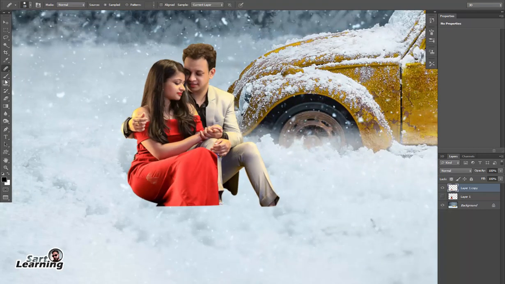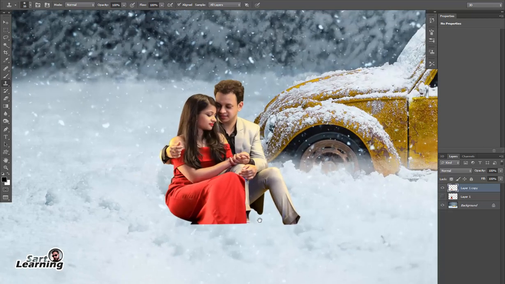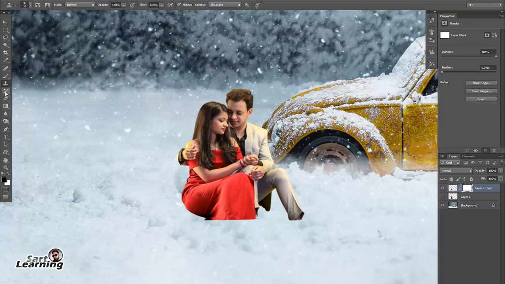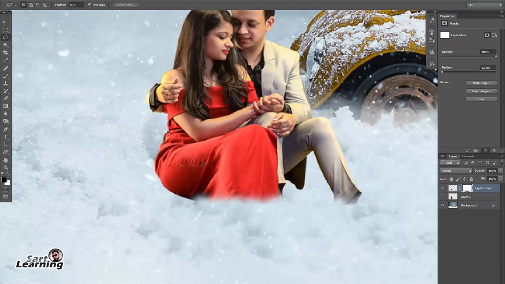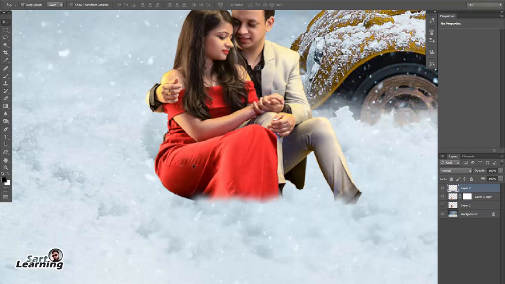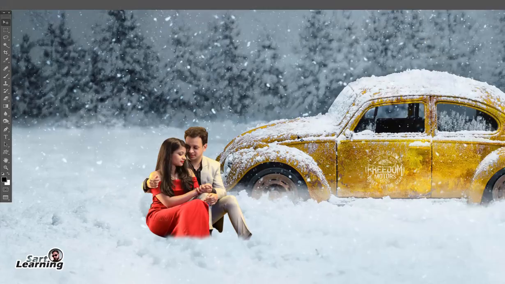You can rectify your image anytime after copying. Okay, now my couple is ready, so I am going to merge the foot part of the couple into the snow. For this I am using the masking tool, drawing with a brush and taking black color. There is some issue in the dress because sand is placed on the dress, so I just copy the effect and adjust it. Now the couple is ready.